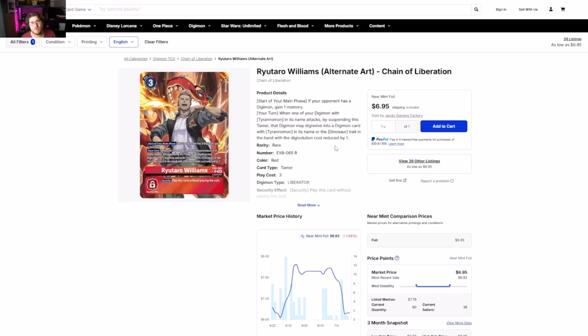Again, as sets go on, it seems that they're trickling in support that we weren't really expecting. Like, we really weren't expecting Agumon X+, Tyrannomon X+, Dark Tyrannomon X, and then followed by Metal Tyrannomon X, all just in this one set, which could lead for this deck to pop off. So one of the things is you should watch what they're predicting on what's coming next, because if they're telling you, hey, pick up the